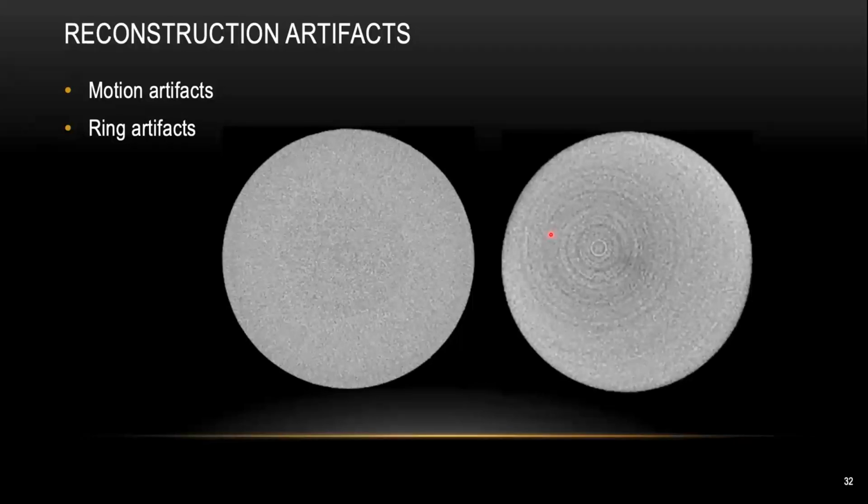The second artifact is called the ring artifact. During the micro CT scanning, something is going to do a rotation. Either your sample is rotating or the X-ray source and detector are in motion, in circular mode. And sometimes if the detector readout has some kind of delay, you might see some kind of ring in the cross-section of your image. So the two images are coming from the same sample, and the sample should be uniform and homogeneous. But I purposely tried creating some kind of ring artifact inside the sample. Now you can see all those ring artifacts that show up in your image.